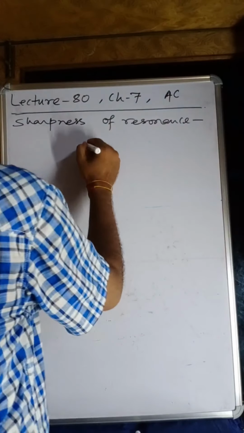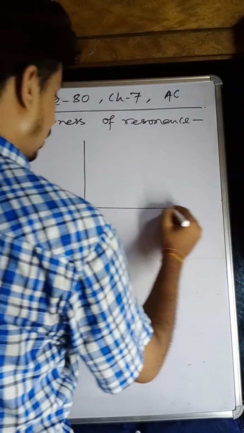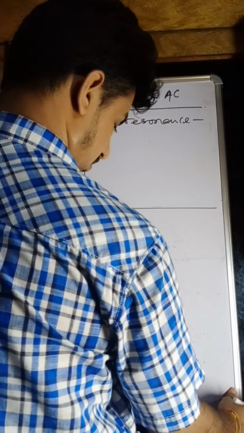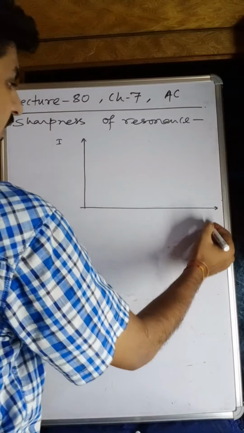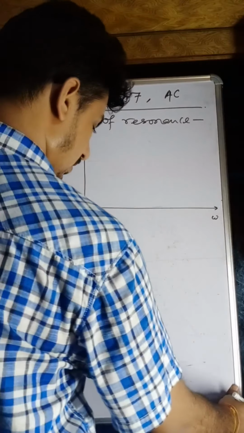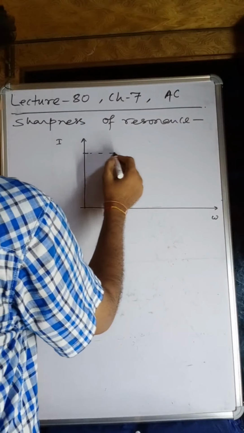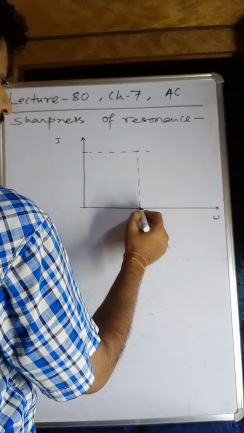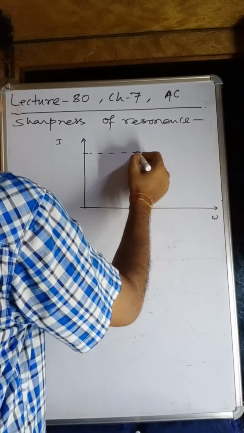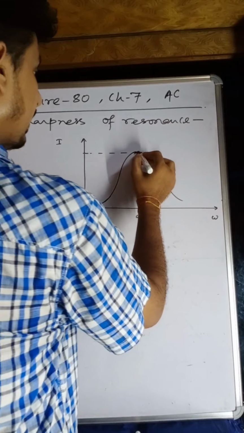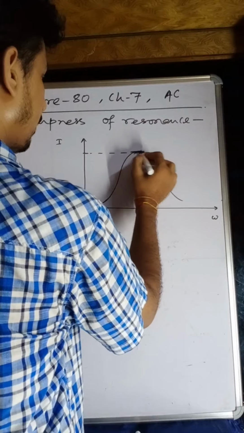If we draw this graph of current and frequency omega, we get the maximum value at a certain omega. This was the graph, and this particular value we obtain at a certain